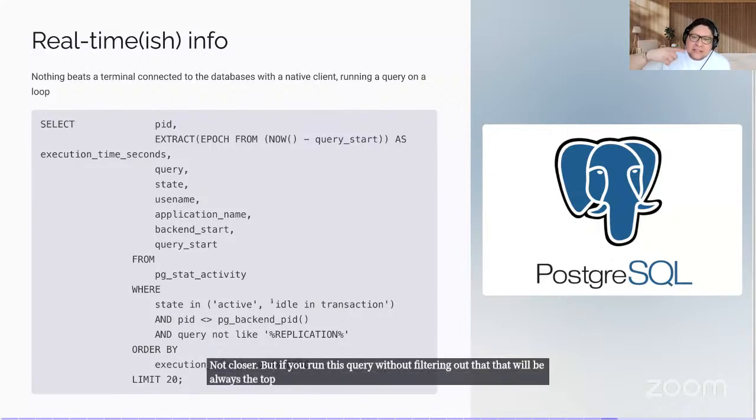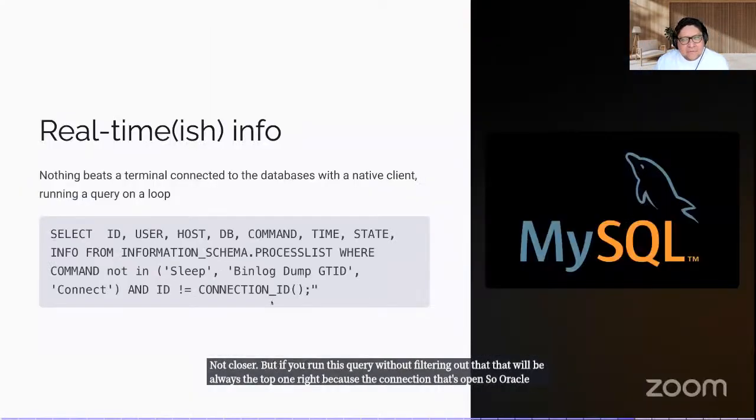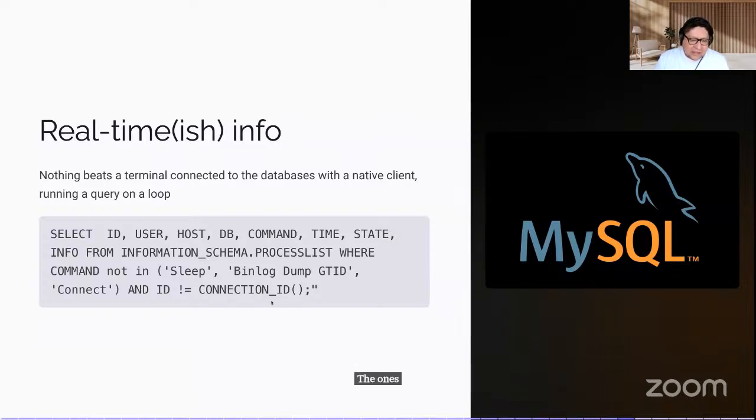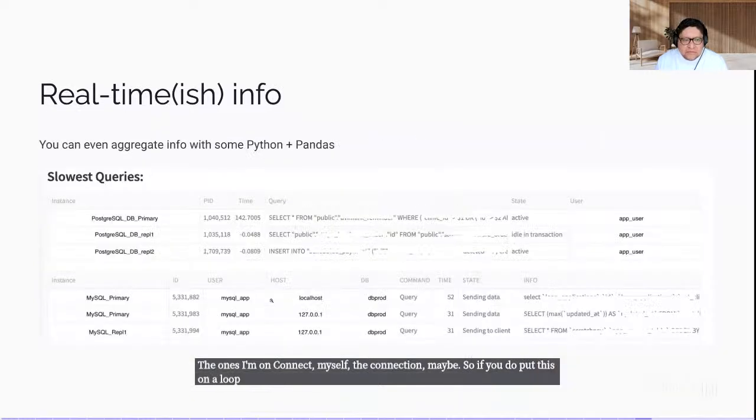Because the connection is open. Or it could be noise. Here, I'm also not taking into account the ones that sleep, the ones related to replication, the ones on connect, and myself, the connection ID. So if you put this on a loop, it's fine.